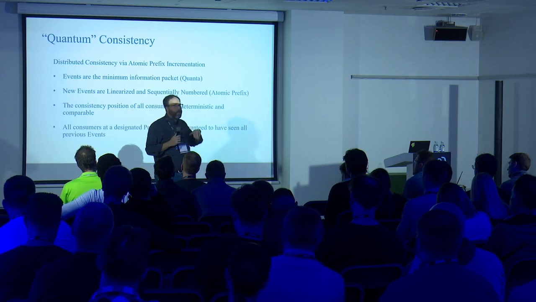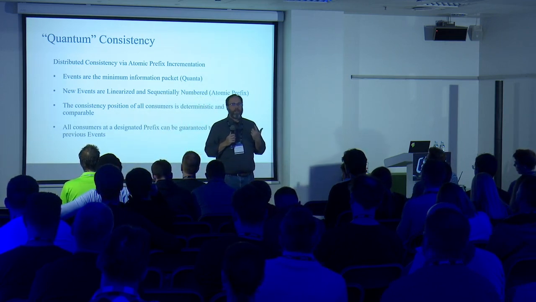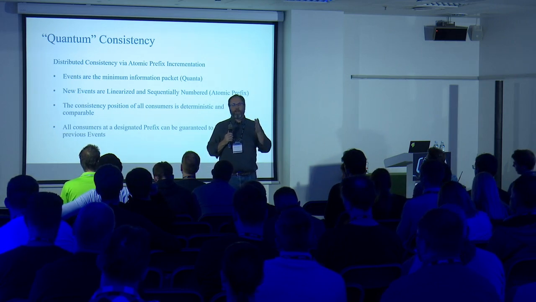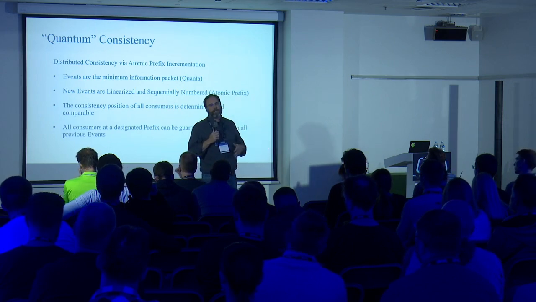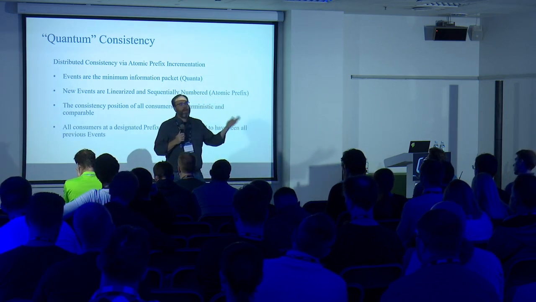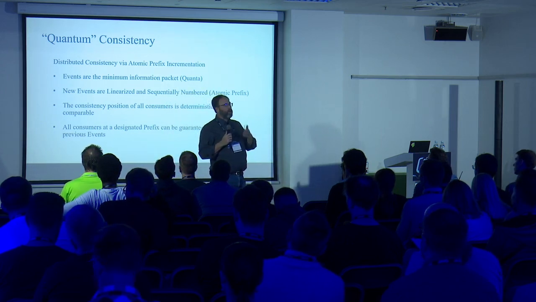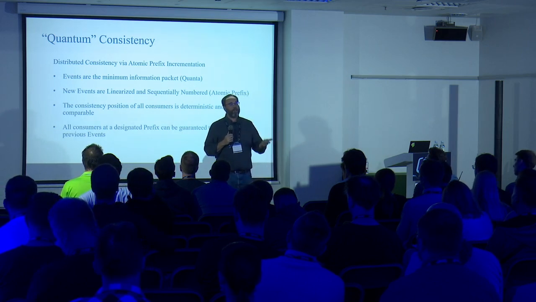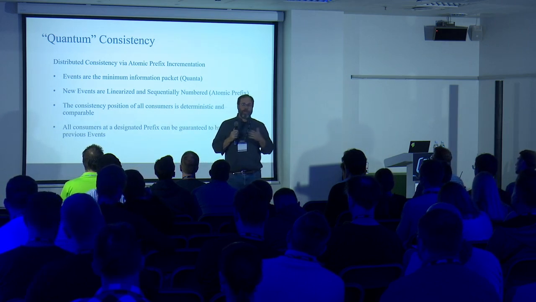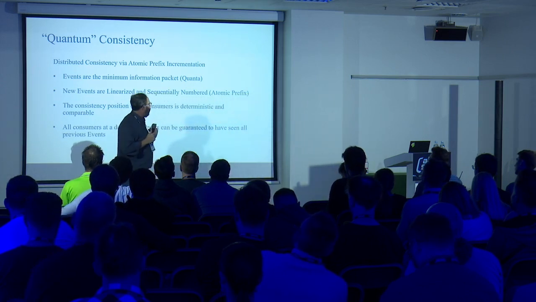So the other thing about the quantum consistency is, if you look at something like the Postgres write-ahead log, they have a monotonically increasing number, which is the log position. And monotonic is a fancy way of saying the number will always be bigger, but we're not going to say it's sequential. Whereas with event databases, you're going to get a sequential number. And in your distributed systems, this is incredibly powerful. Because as we saw before in those diagrams,